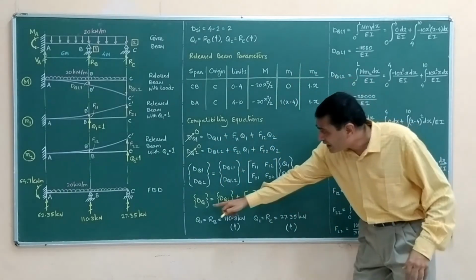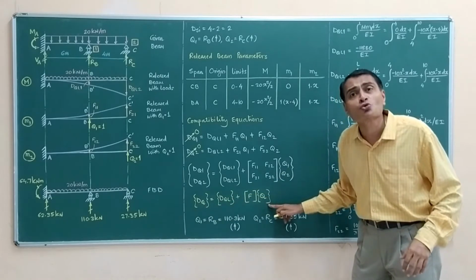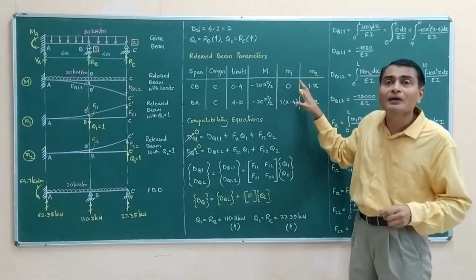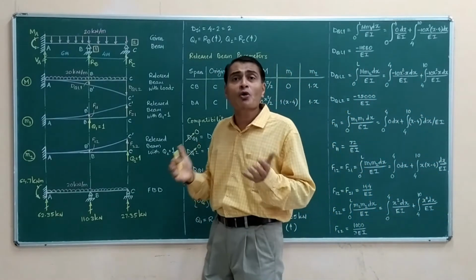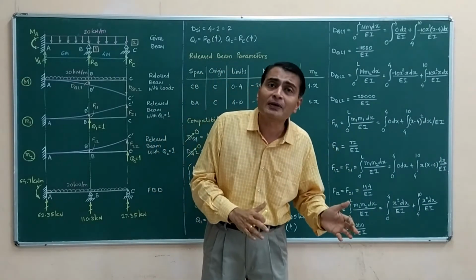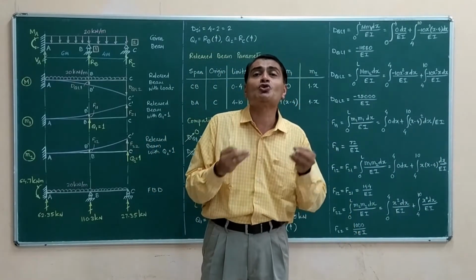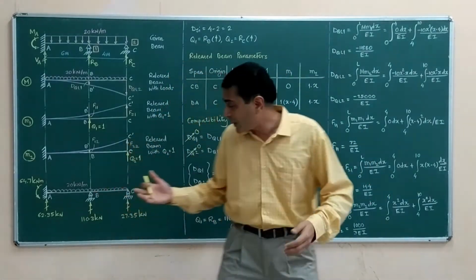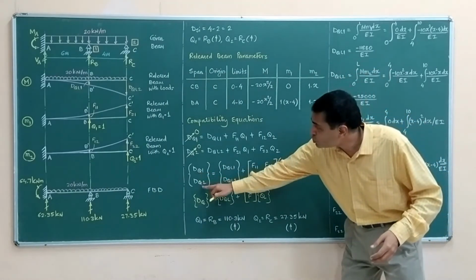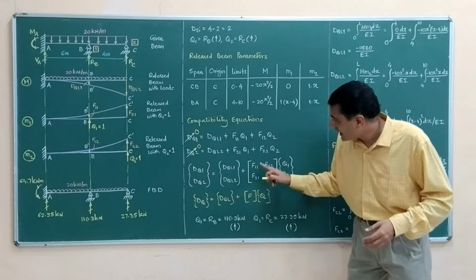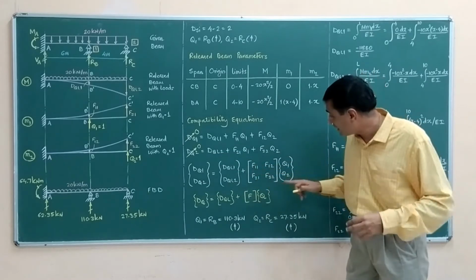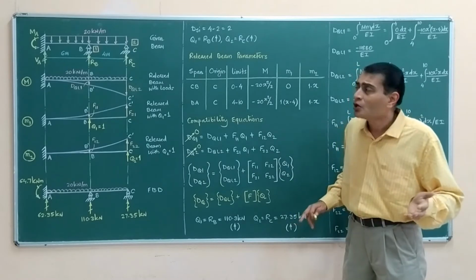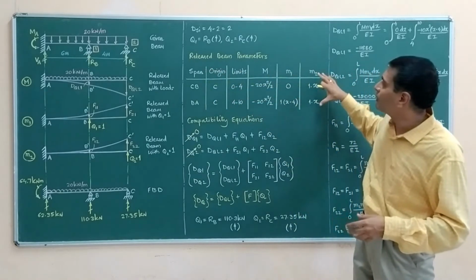Coming back to, I arrive at this compatibility equation or this superposition equation, and now I go back to this table, which is, as I was saying, a formality of application of the unit load method and applying mathematical equations or formulae or calculations to get our answers. Because if you look at this compatibility equation, these two are zeros, but these and these I have to calculate, and these are unknowns, RB and RC, which we are trying to find anyway. So I start with my unit load method table.